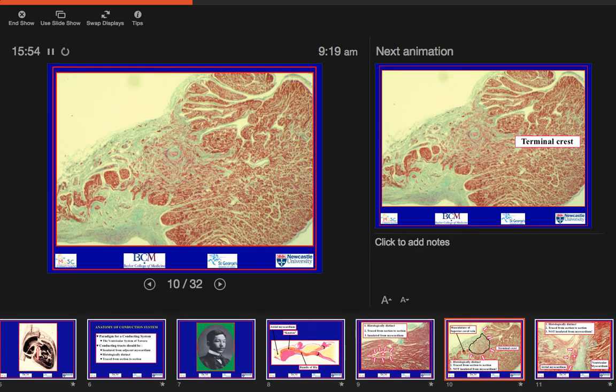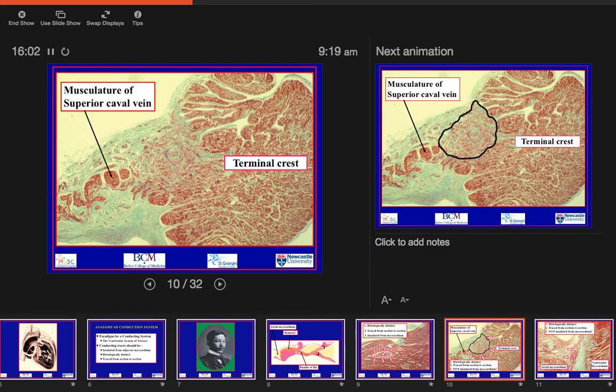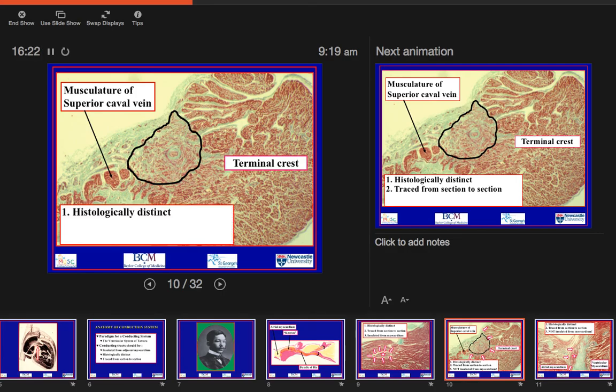And what you see here is the working myocardium of the terminal crest. We'll look at that at the moment in a heart. There is the working myocardium of the superior caval vein. But again, looking at this histological section, you can see that there is an area here that is histologically distinct. The cells making up this small area are quite different from the working myocytes of the terminal crest and the superior caval vein. If we take histologic sections, as with the right bundle branch, we can trace it from slide to slide. But